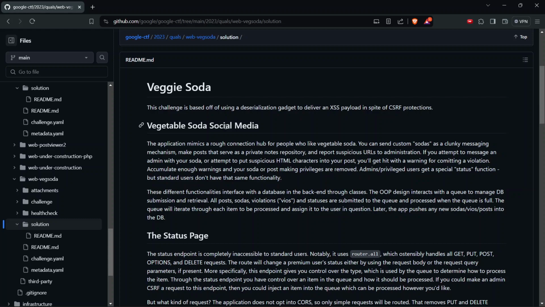Vegetable Soda is a social media application. It mimics a rough connection hub of people who like vegetable soda. You can send a custom soda as a funky messaging mechanism, make posts that serve as a private notes repository, and report suspicious links to